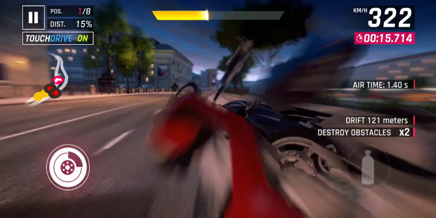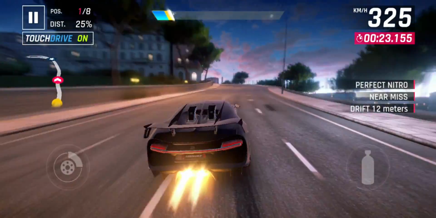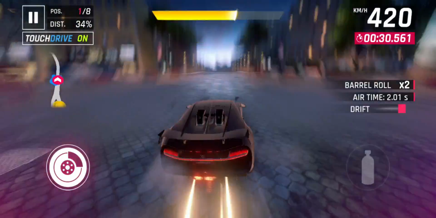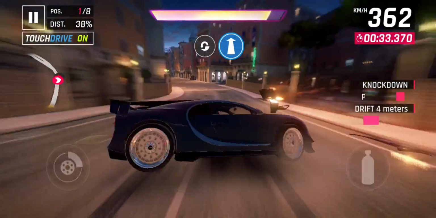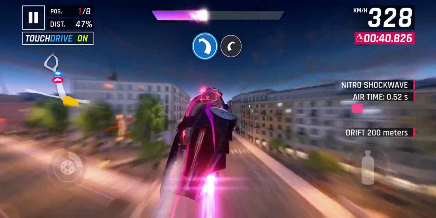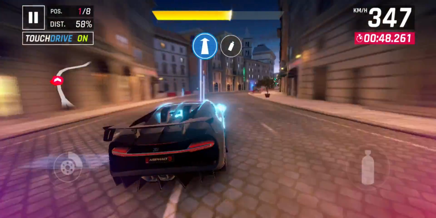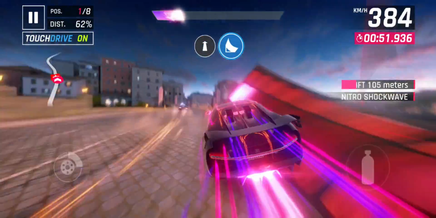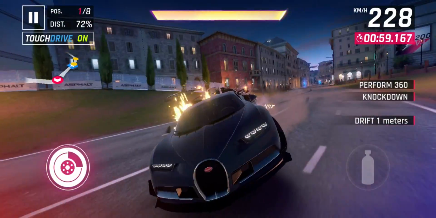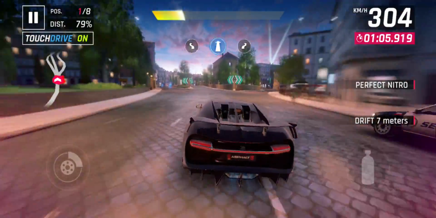Using the nitro in the air gives you a massive boost. And you need to use the nitro through the corners. There'll be a lot more time you spend just letting the car coast with an S-Class. I wanted to hit him. Much harder to